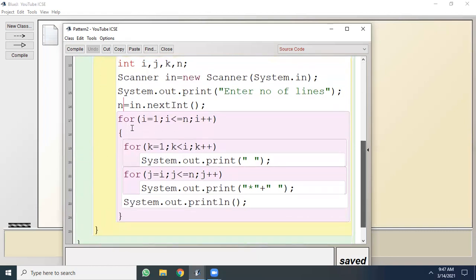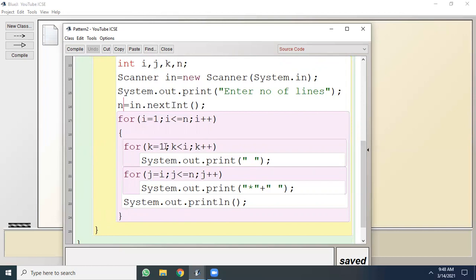Now we are having three loops. As I explained earlier, the first loop, the external loop, is for number of lines. So for I is equal to 1 to n, if value of n is 5, that means loop will execute from 1 to 5 and we will have 5 iterations. That means we will have 5 lines in our output. Second loop k will generate the number of spacing. And the third loop j, it will create the actual printing.